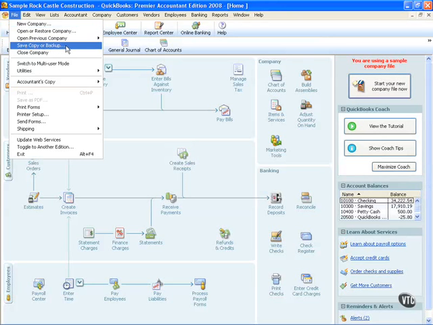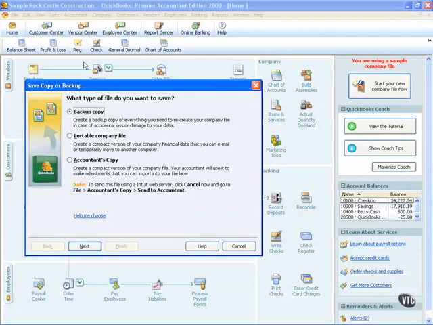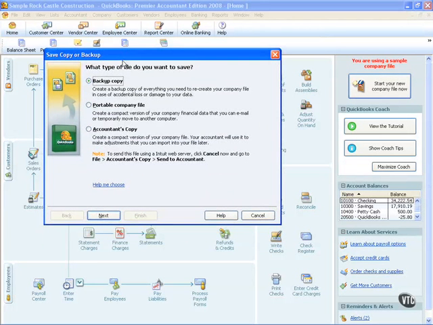Now, unlike past editions, we can now make a full-fledged backup or we can make a partial copy. Those of you that have used the older versions of QuickBooks will find that this feature is quite nice. When I select it, you'll notice the first thing I'm asked for is what would you like to save? Backup copy is a regular backed up version. Now, a big difference here from making a copy is that there is verification of the integrity of our data. In other words, QuickBooks will check each time we're doing the backup to make sure that there is no corrupt